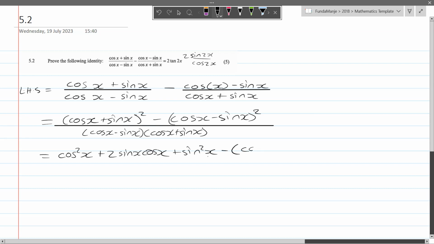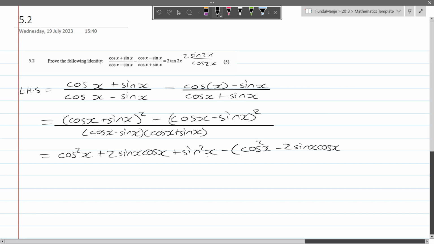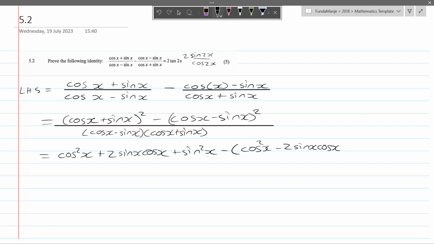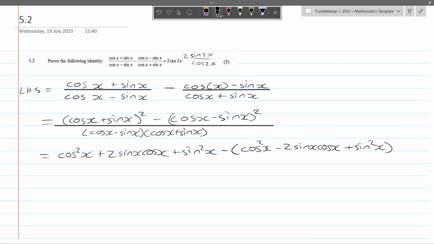So this one's gonna be cos squared x minus, since we multiply them together, minus 2 sine x cos x, and then multiply sine squared x at the end, you get plus sine squared x, and then this is all over the same denominator that we have,